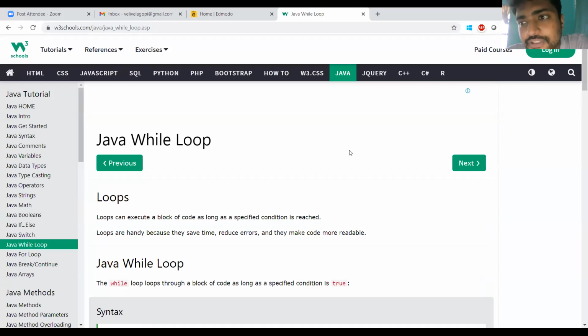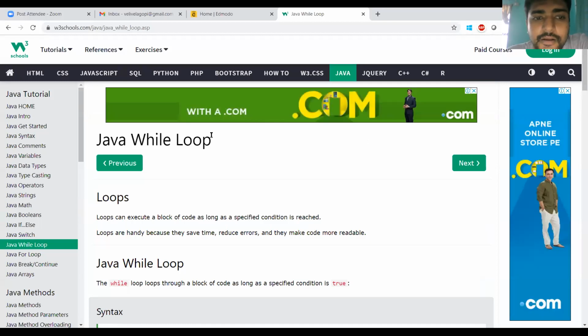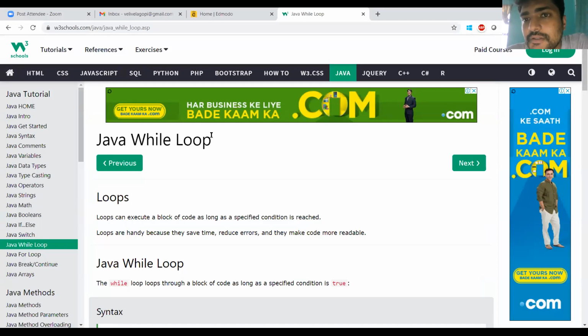So iterative statements can be implemented by using the for loop construct, while loop, do while loop, and then for each loop. In Java, the special feature is the for each loop.